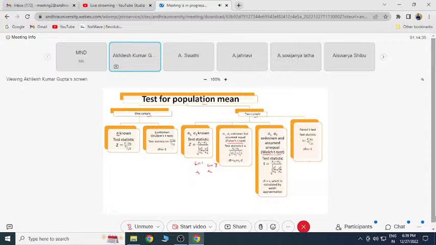And one last situation is there, that is your paired sample t-test. The difference between this paired sample t-test and these two tests is that in the paired sample t-test, the sample units are the same. This is basically a before and after experiment. Let's take an example: what is the heart rate right now when you are sitting in a comfortable position, and what will be the heart rate after a 100-meter sprint. So that will be a before and after situation. I will collect the data from the same unit before the 100-meter sprint and after the 100-meter sprint. So in that scenario we will have to use the paired t-test.